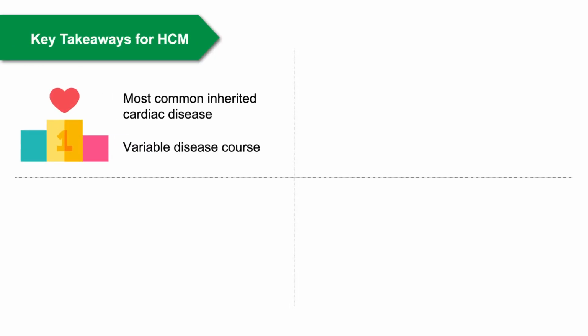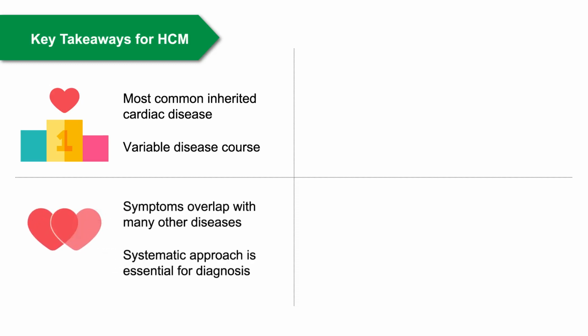So the key takeaways from the series of presentations on hypertrophic cardiomyopathy are that hypertrophic cardiomyopathy is the most common inherited cardiac disease and has a highly variable disease course and is associated with significant lifelong morbidity and risk of life-threatening complications. Patients present with symptoms that may overlap with many other common diseases, but a diagnosis is facilitated by